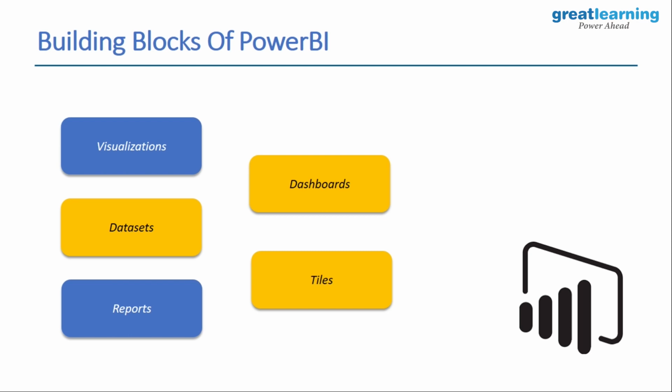So the first thing that you have on your plate is your data sets, right? Data sets are nothing but the different data sources from where you'll get your data. Next to it is creating visualizations out of the data that you have, and a single visualization would be known as a tile. If I go ahead and create multiple tiles or visualizations using the same data source, then it is called a report. And when I have multiple reports with me, I can pick important pointers from each report and put them on a single canvas where I try to build a story. It is called a dashboard. So these are the building blocks of Power BI.